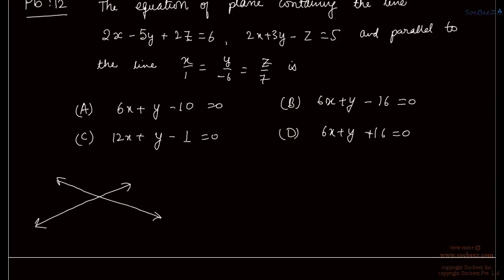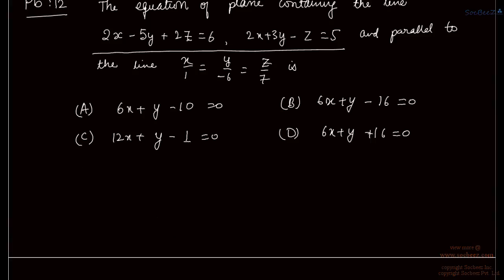Say the equation of the plane containing the lines this and this and parallel to the line this. If we have two lines on which a plane is contained, they are intersecting, right? Two lines which are intersecting. Okay, see, the question is like this. These are the equations of planes, these are not the equations of lines. So we have a line which is represented by two planes. What does that mean?